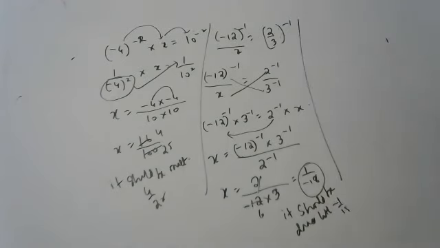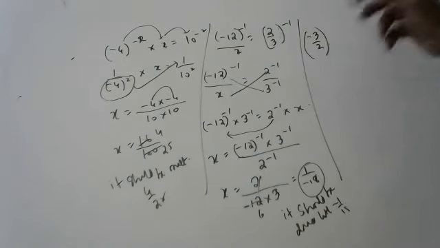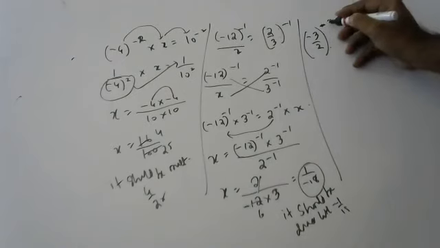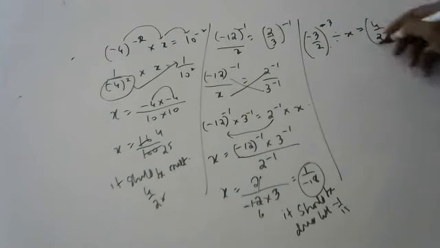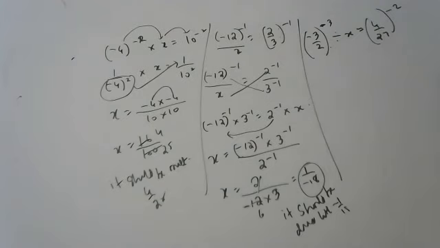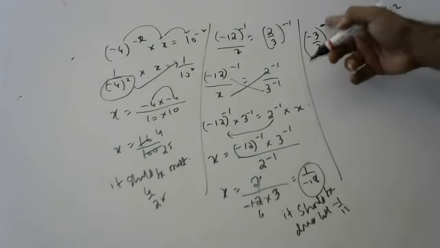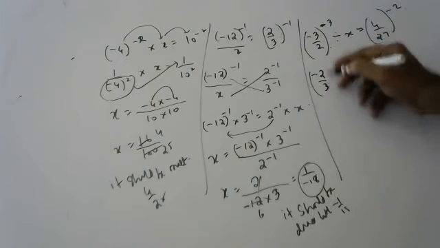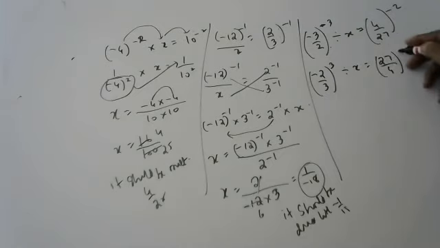Rishikesh. Minus 3 by 2 to the power of minus 3 should be divided with what number to get 4 by 27 to the power of minus 2? Yes, sir. Sir, we can write 4 by 27 as 2 by 3 whole cube to the power of 2. Remove this minus, this minus and tell me. Okay, sir. Minus 2 by 3 cube divided by x is equal to 27 by 4 square.